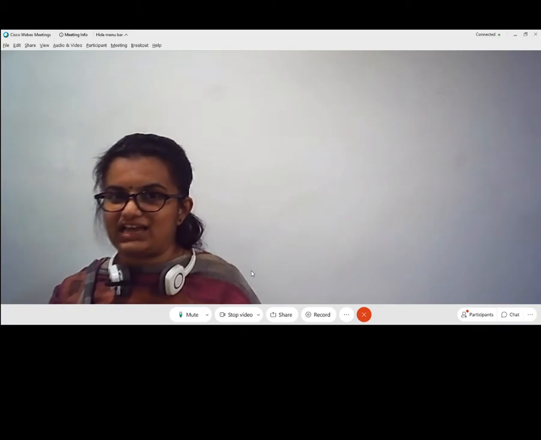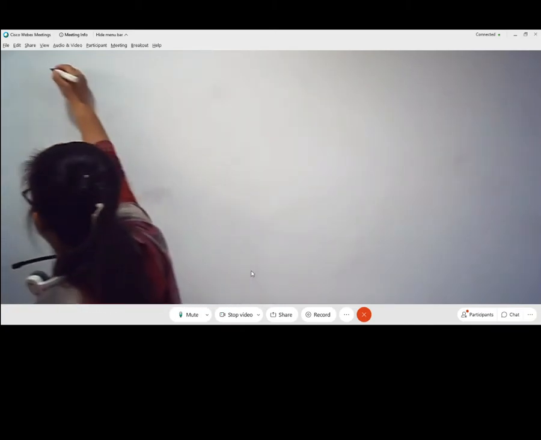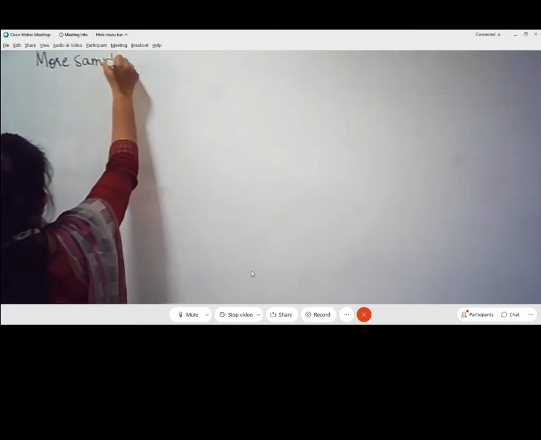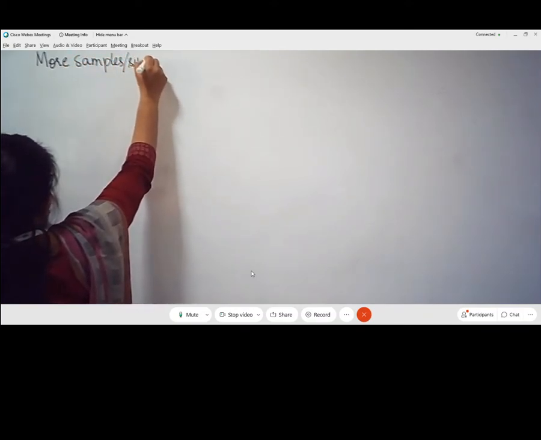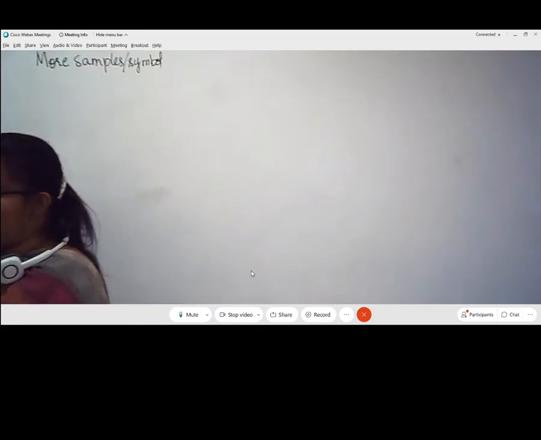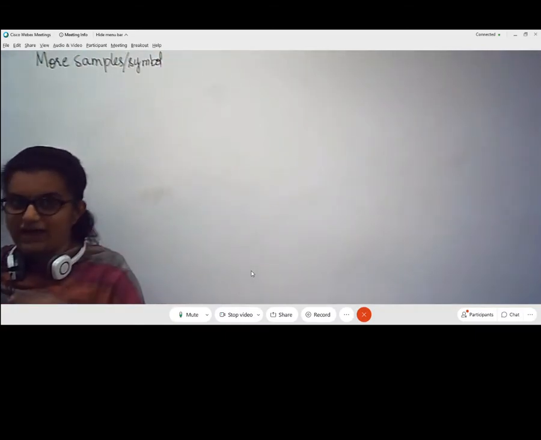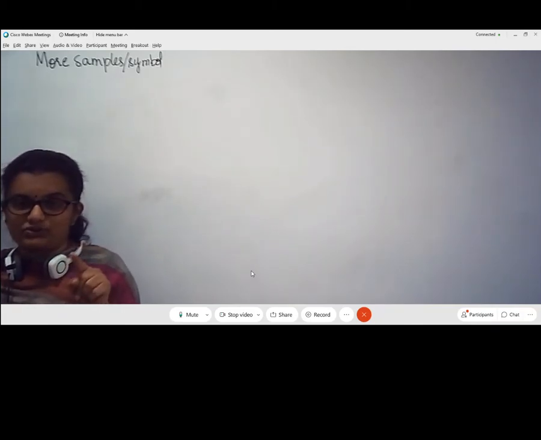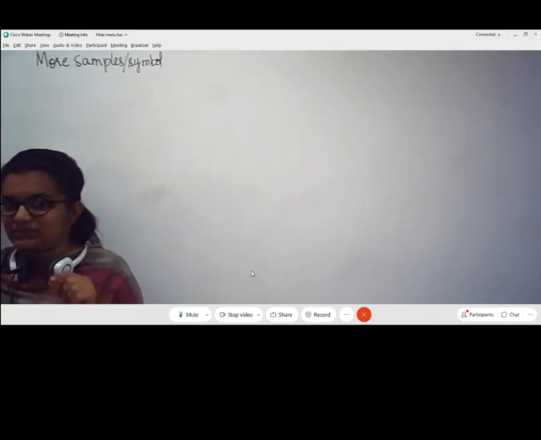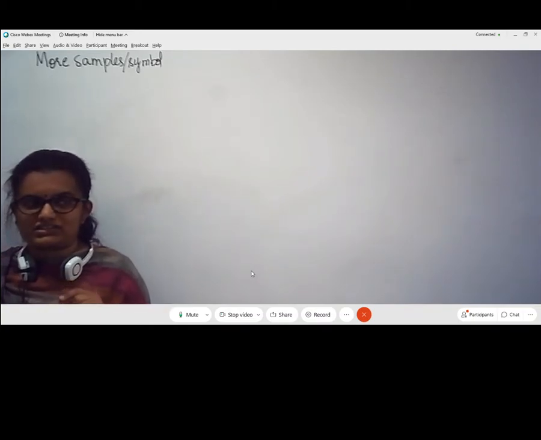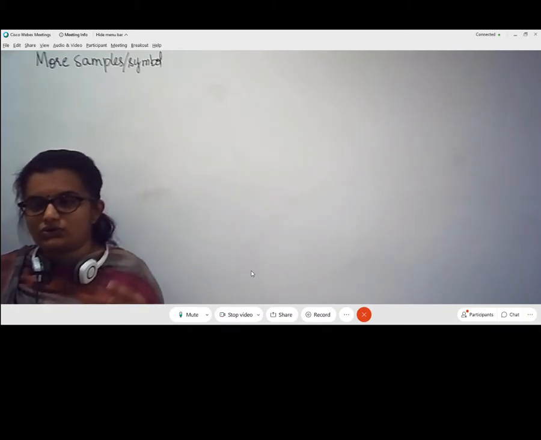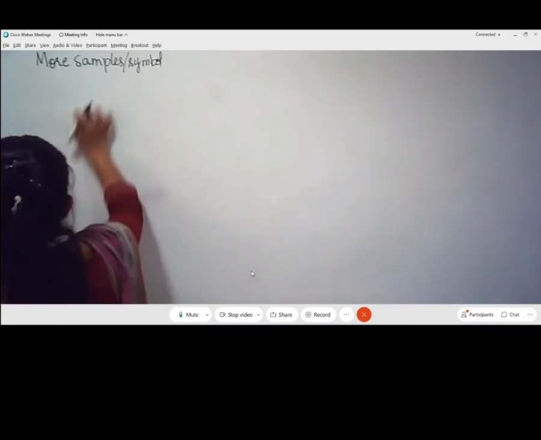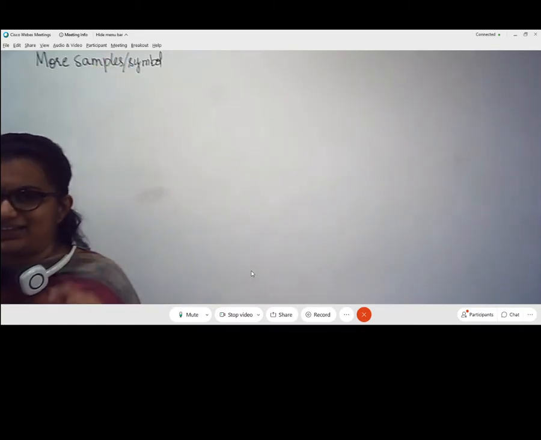So I discussed the minimum sampling rate that is required, which is at least one sample per symbol. Now in practical scenarios or real-time systems, we are going to take more samples per symbol. I think you might have come across samples per symbol in your LabVIEW. There the default value is 16. So that is the minimum number of samples required in the case of LabVIEW. So normally in any practical real-time system, the number of samples per symbol will be greater than 1.